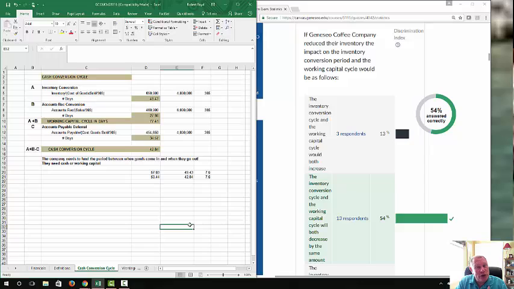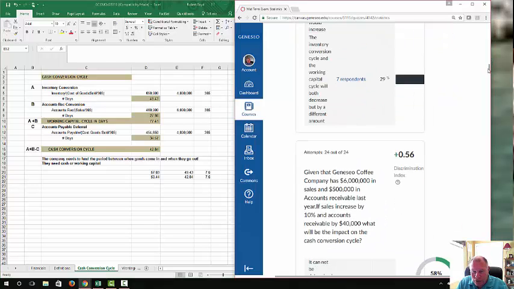So you have tools available to you. You had tools during the midterm, and when we get to the final, you're going to have the tools to be able to answer those questions. It didn't matter what the amount of the inventory was, but it's working through the cash conversion cycle. So that takes care of those two. Let's move on.